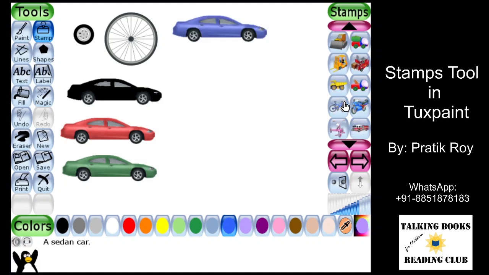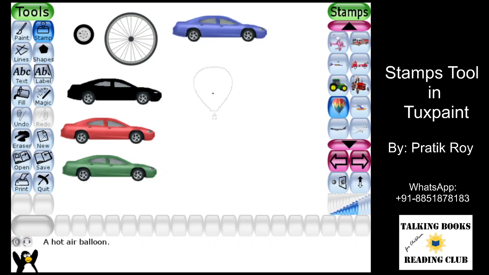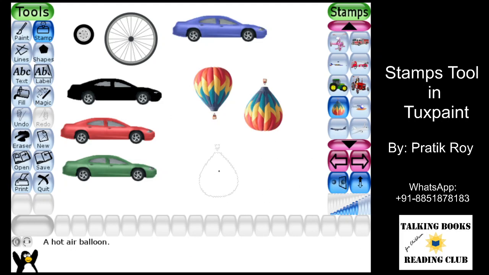And like I said, not all the symbols will give you the color option. So like this hot air balloon, it itself is very colorful, so it doesn't allow you to fill any more colors. But you can resize them. You can flip them upside down if you want. So this one allows you to go upside down. It can also allow you to flip. It doesn't give that effect because you really can't make out much between the difference between these two, but they are actually mirror images. If you look at the angles, you will notice that they are flipped.